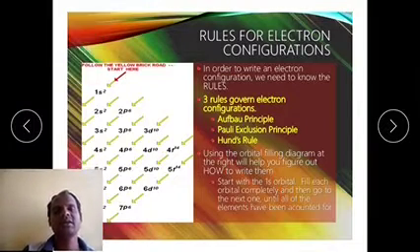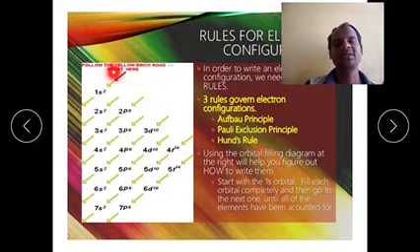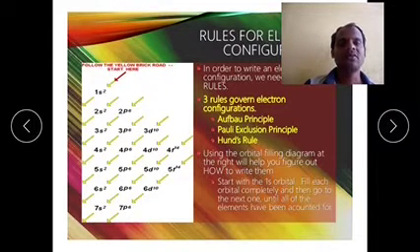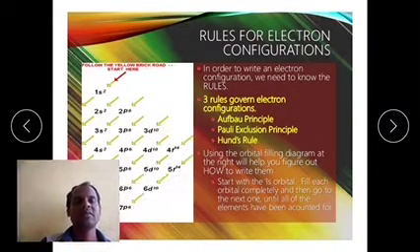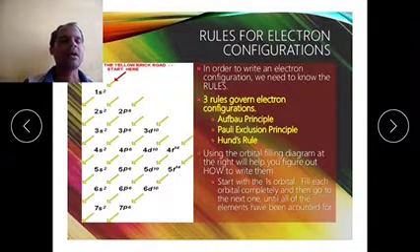Simply, this can be explained by using this diagram. First of all, the electrons enter into the 1s orbital. After completion of filling of the 1s orbital, the electrons next enter into the 2s orbital. After that, they go to the 2p orbital, then the 3s orbital, and so on. This is the energy order of the various orbitals.